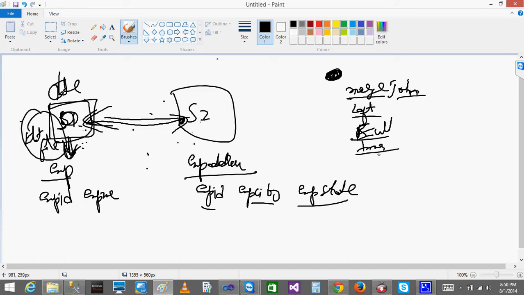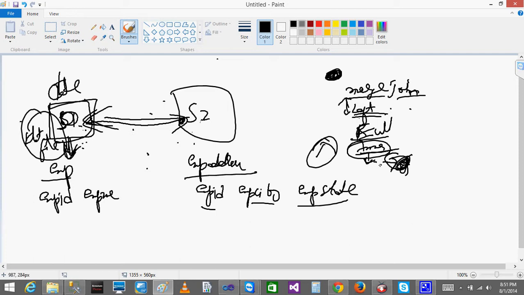But what is the difference? If you use the inner join, the records that are matched are the only ones you can get. What about the records which are not matched? You can't get them. If you use the left join, you will get all the records from the left table, and if the record is there in the right table, you will get it too. If you do the inner join, you will get the records which are common in both tables, but not the records that are not common to both tables.